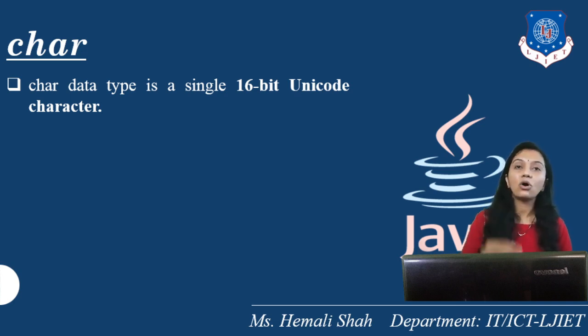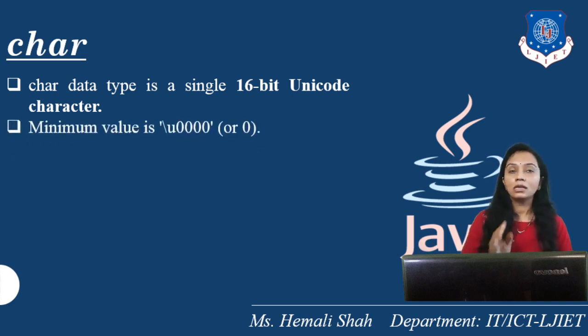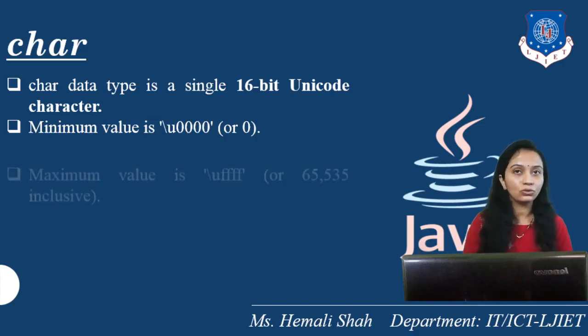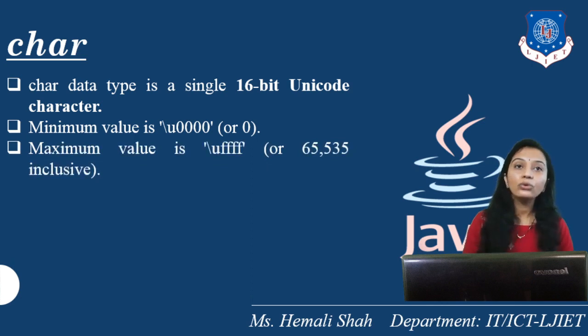You can search all the characters of this Unicode character set on Google, and you can identify the number of characters supported in this Java char data type. It is called the Unicode character set, right? Now the minimum value is \u0000. This is the representation of the 0 value. Whenever you are storing it in a char, it uses this representation to store it, and the maximum value is \uFFFF. This is the integer value 65,535, which you can convert into hexadecimal like this. So this is the Unicode value or Unicode number.